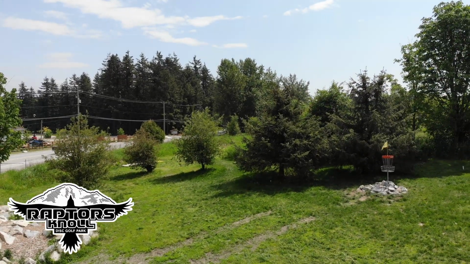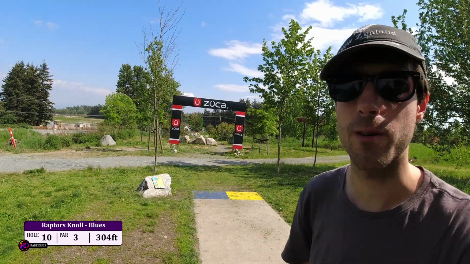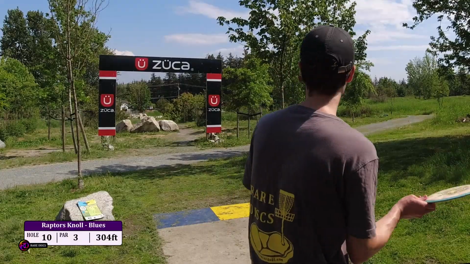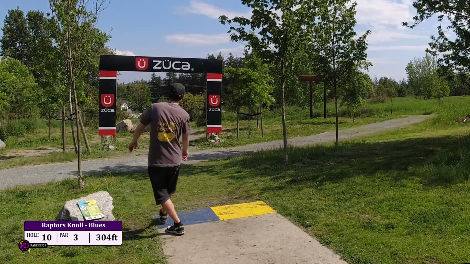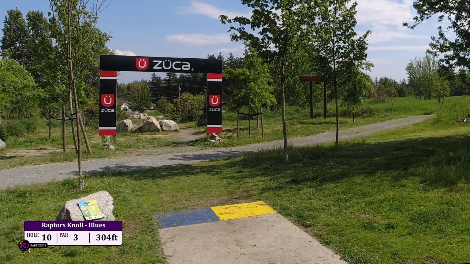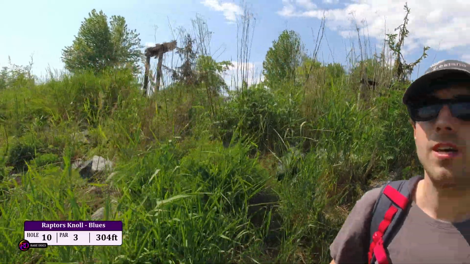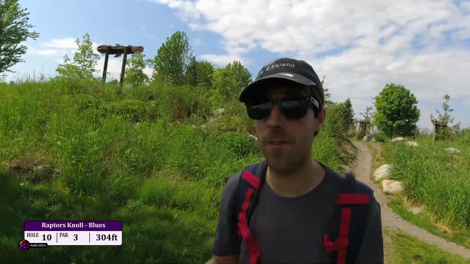Often the most challenging part of this hole is that there's a ton of crosswind. Today it's not too bad, so let's chuck it and see how it goes. Right there. All right, and we're off. I personally like this hole in the straight ahead position because I find it challenging to throw that far straight